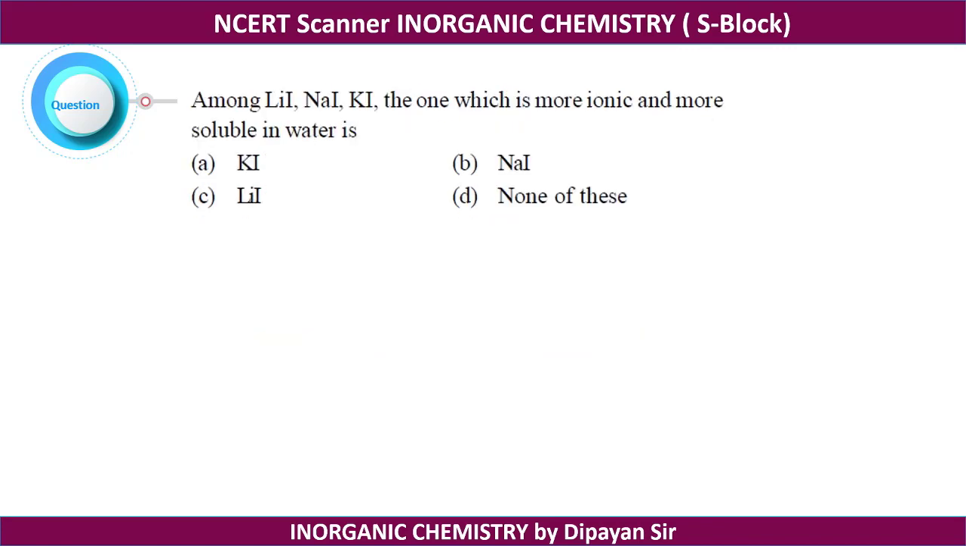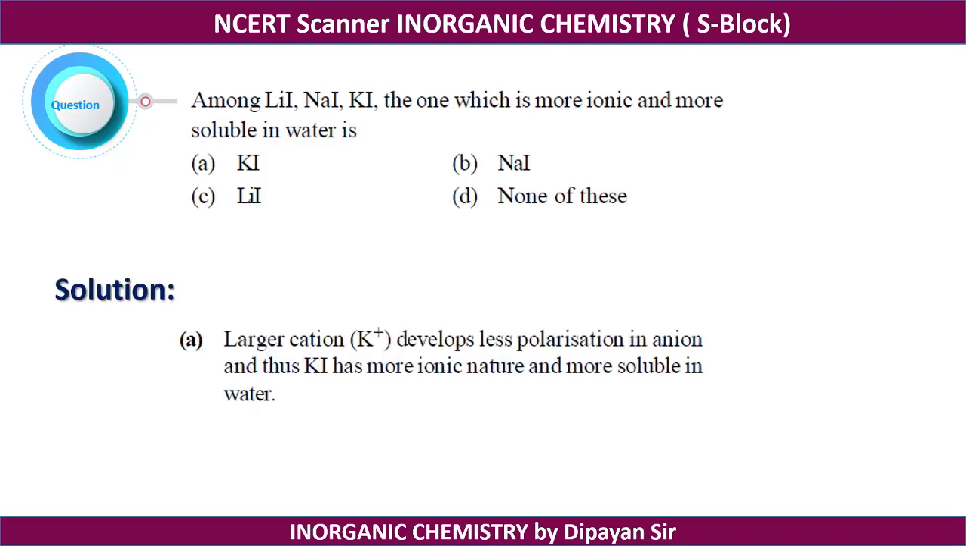In question number 12, among LiI, NaI, KI, in this case we can explain it by Fajans rule. Lesser the size of the cation, more will be the polarizing power. So the correct answer for this question is option A, because potassium is higher in size compared to lithium and sodium, so the polarizing power is very less. Lesser the polarizing power of the cation, more will be the ionic character and lesser will be the covalent character. So KI will have the maximum ionic character,